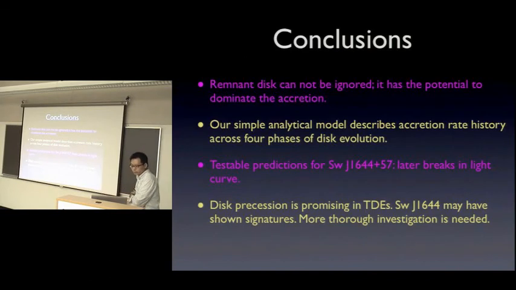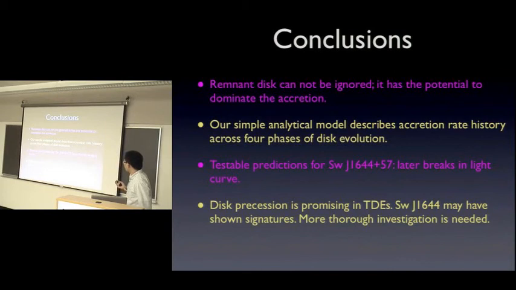So here's my conclusion. One main point of my talk is that the fallback will start to decline as a supermassive black hole disrupts the star, but the early fallback will form a transient disk because of the conservation of angular momentum. Then some material has to be hovering around the viscous spreading, tidal disruption radius, providing a mass reservoir for the later accretion. That can become very important in determining the later accretion rate history.